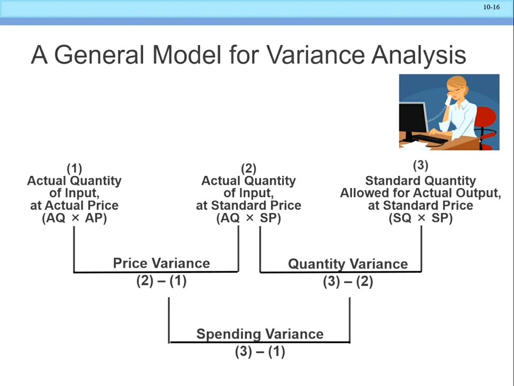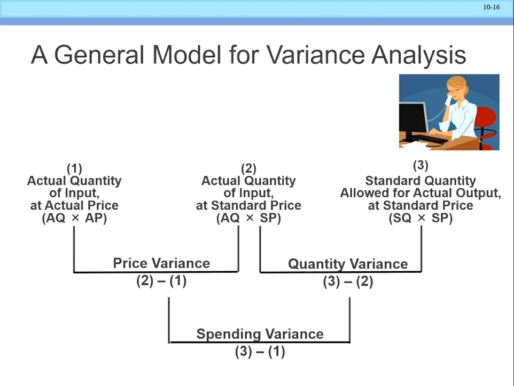Then we go to the quantity variance. So for the quantity variance, we look at the actual quantity of input at standard price. Then we look at the standard quantity allowed for actual output at standard price. So again here, we are flexing. Standard quantity allowed for actual output